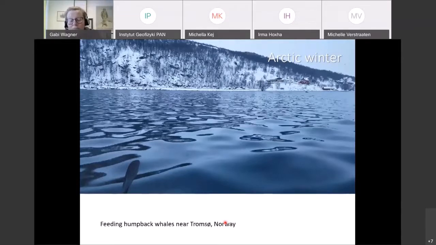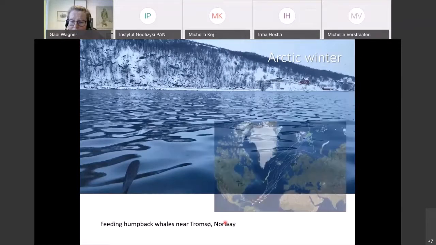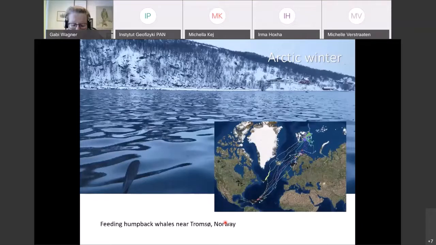They also go further out in the last few years. And in the spring, they may go further north into Svalbard, but then they all return into the Caribbean. And the reason they come up here to Tromsø, and Svalbard, is that we have very cold waters that are extremely rich in fish, and which, of course, a lot of the people here feed, but also all the cetaceans. And in summer, or in the spring, they go into the warm waters. And I'll show you another snip first before we talk about this any further.